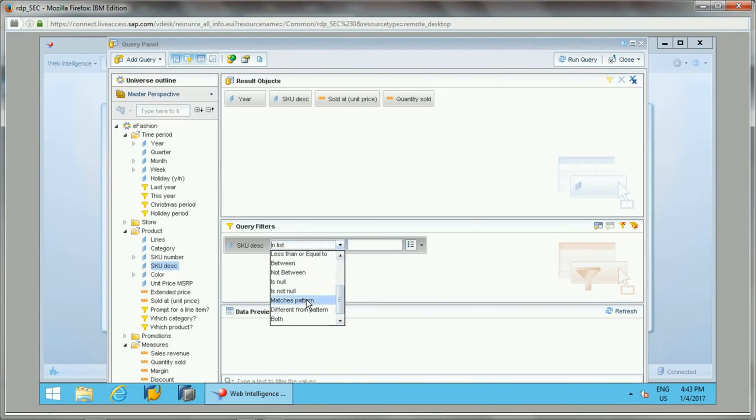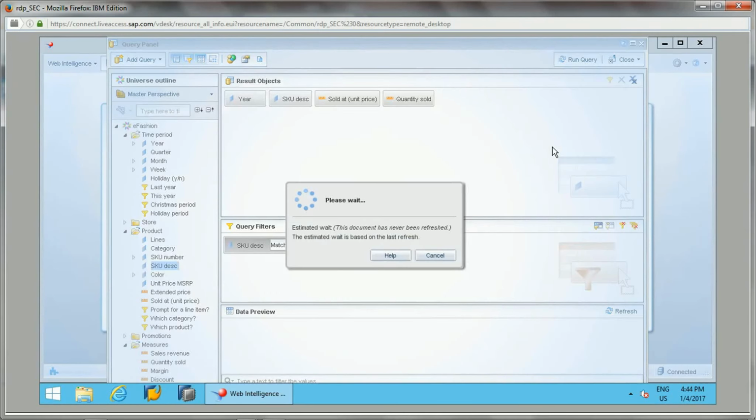For that I will use a pattern. This is a pattern, meaning wherever you find this word stretch, the data will be filtered for that. So wherever the products have stretch, that data will come up in the report. Okay, so I'll just run this query.